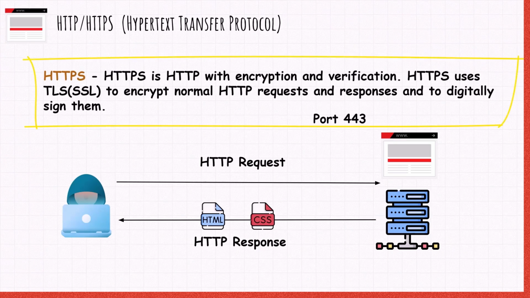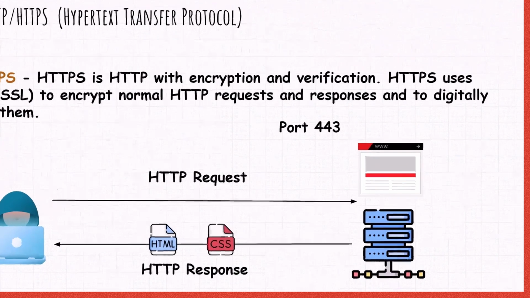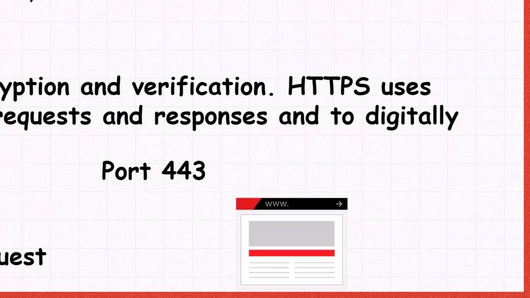Now, HTTPS is HTTP with encryption and verification. The only difference between these two is that HTTPS uses TLS or SSL to encrypt normal HTTP requests and responses and to digitally sign those requests and responses. As a result, HTTPS is far more secure than HTTP. A website that uses HTTP has HTTP in its URL, while a website that uses HTTPS has HTTPS in its URL. Now, HTTPS also uses port 443, which is another important thing to remember,